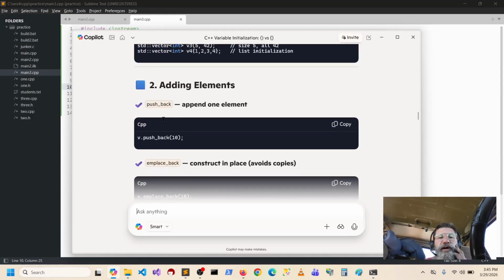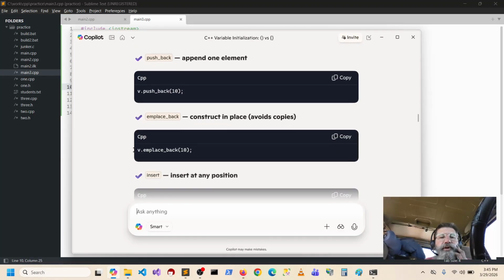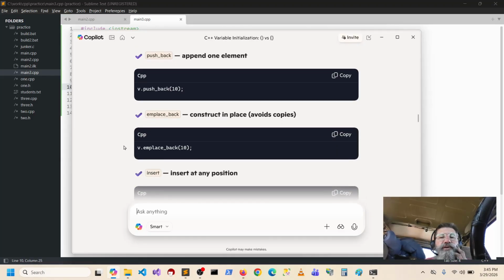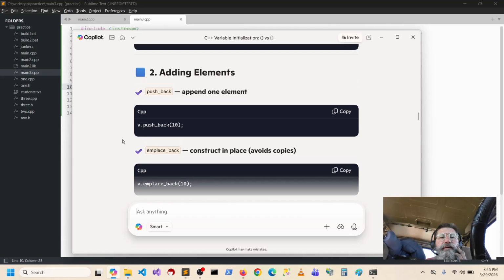Push back, I knew about that. In place back. Construct in place avoids copies. In place back. So this is implying that it's making copies.